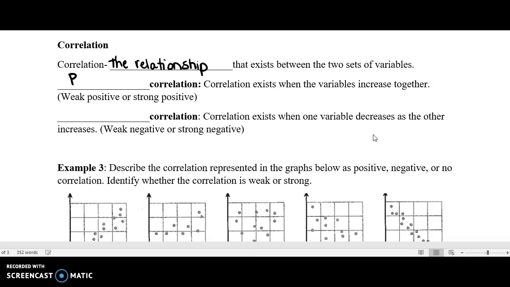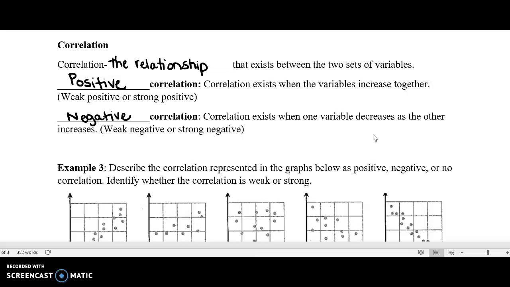You could have a positive correlation, which means that the variables increase together, or we can have a negative correlation. And either of these, we could have a weak positive or a strong positive, a weak negative or a strong negative. And this will make more sense as we look at